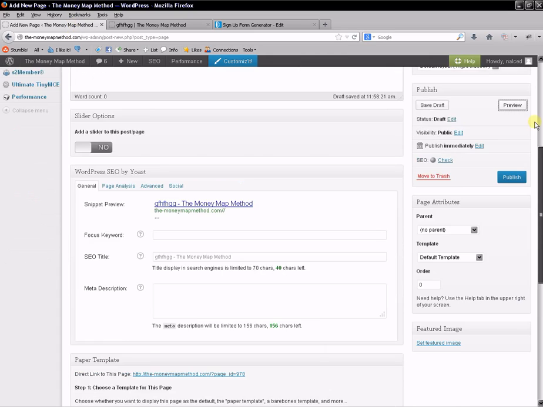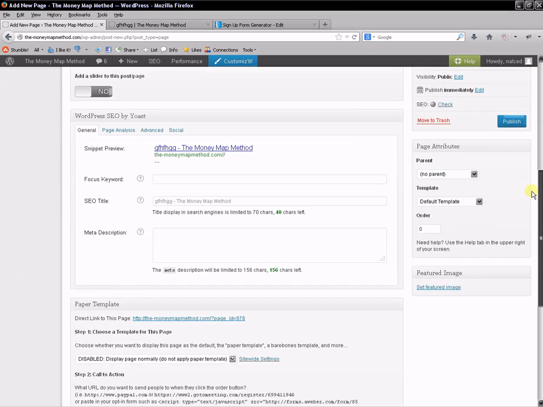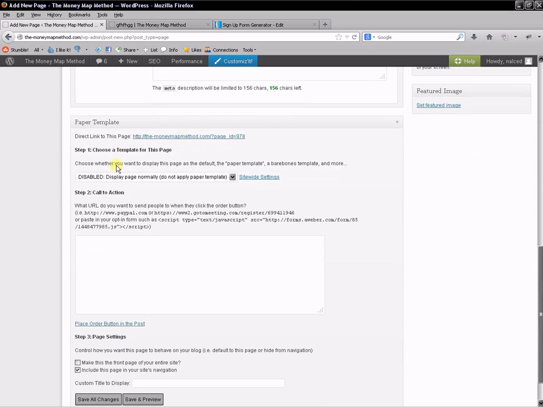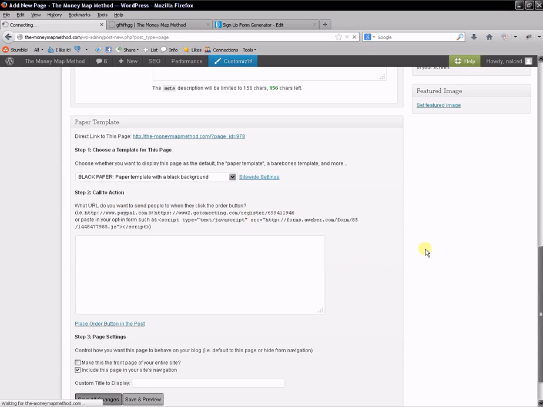So I have the paper plugin already installed, obviously. Once it's installed, if you go to any of your posts, or if you're creating a new post or a new page, you will always have the option down here. You see it, and you can create different kinds of pages. So I'm going to create, let's have a look at the black paper one, shall we? See what that looks like. I actually don't think I've ever used one of these before. You just save it.